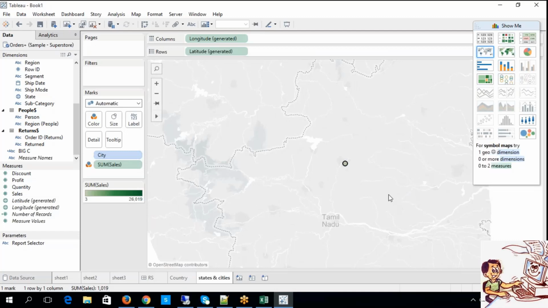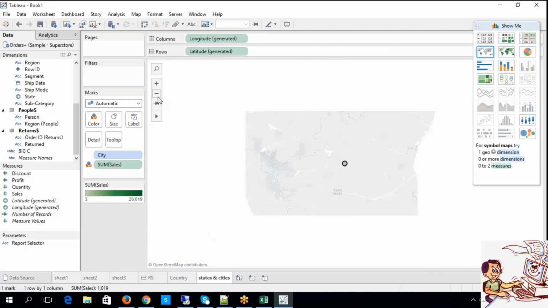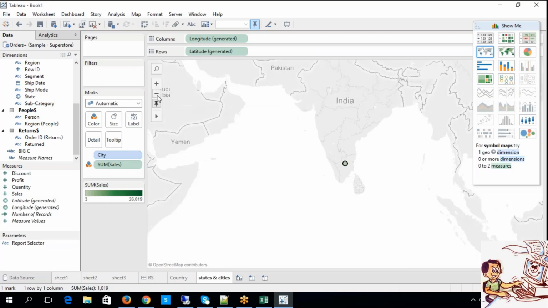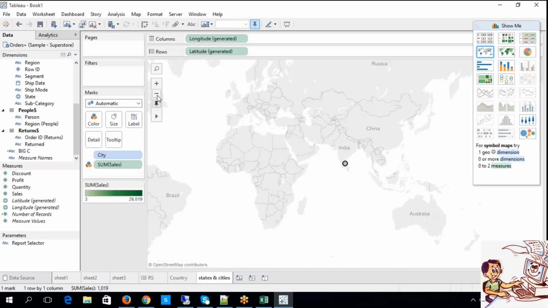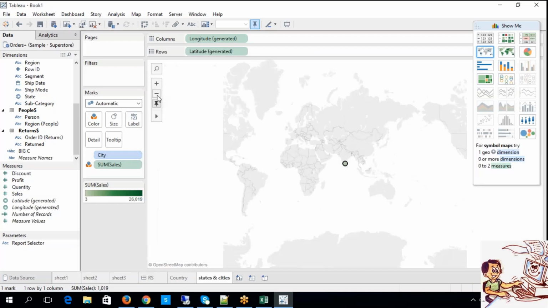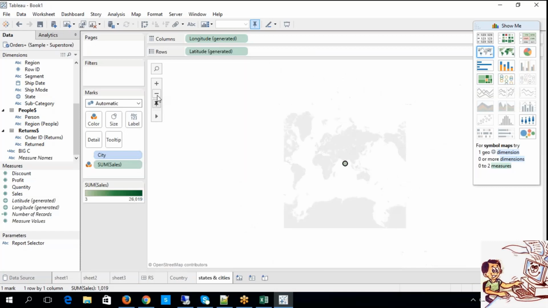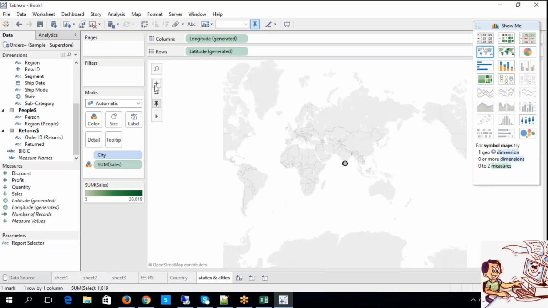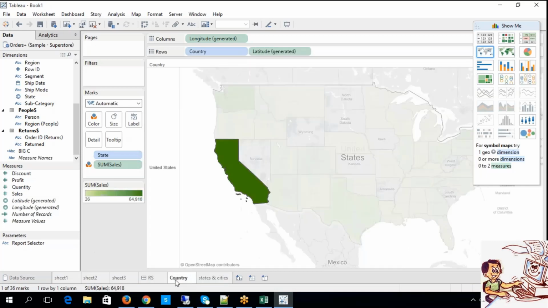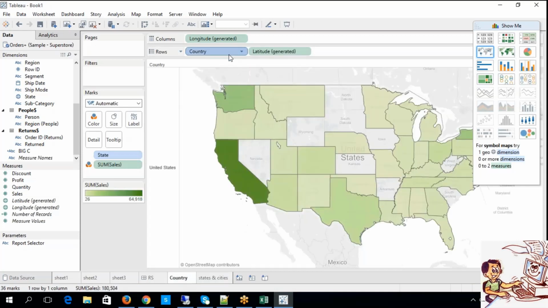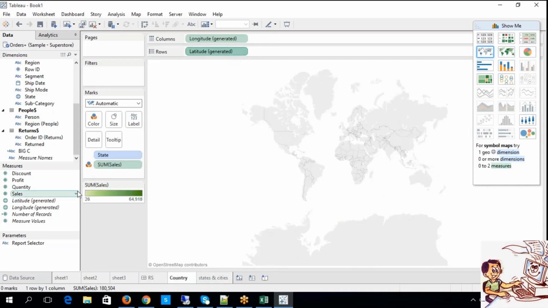Okay, let me zoom in. I'm just trying to see the hierarchical data here, but unfortunately we do not have appropriate hierarchical data. So I have only state here, let's say.